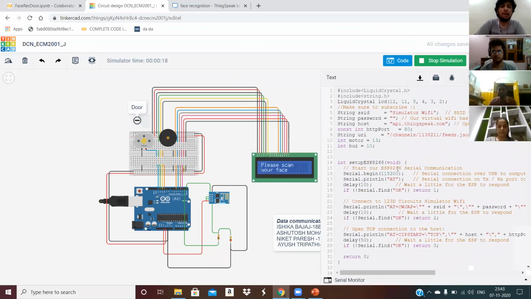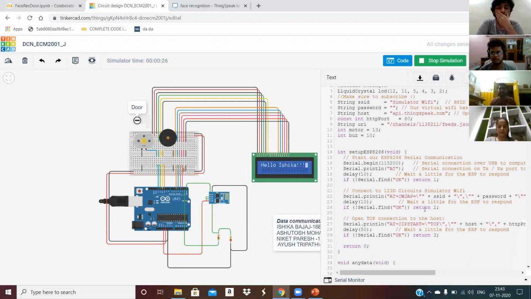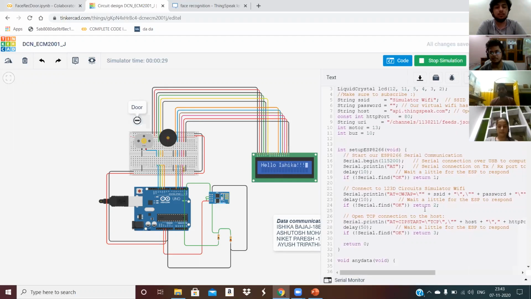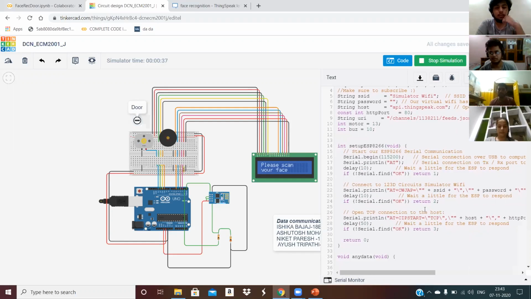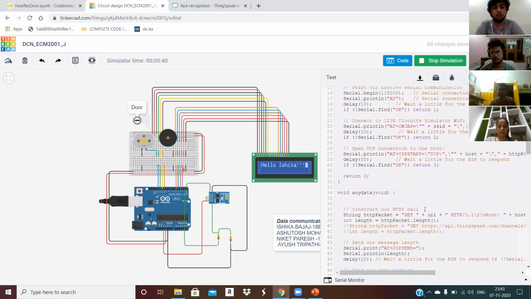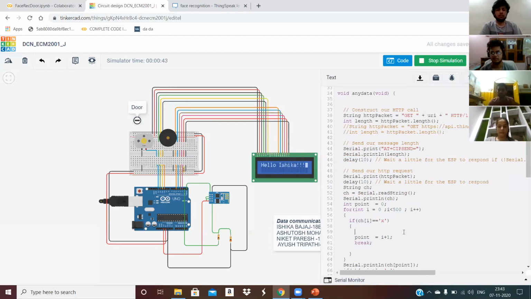Yes, so this is the Arduino code. We have the LiquidCrystal library for the LCD display. Then we have the ThinkSpeak setup. We first have to set up the ESP8266 Wi-Fi module. These are some basic syntaxes that you need to go through before working on this, and it's all fixed. There is a serial communication baud rate for communication with the Wi-Fi module and with the cloud. Next there's a function that is going to fetch the data. If you scroll down, you can see all those things.